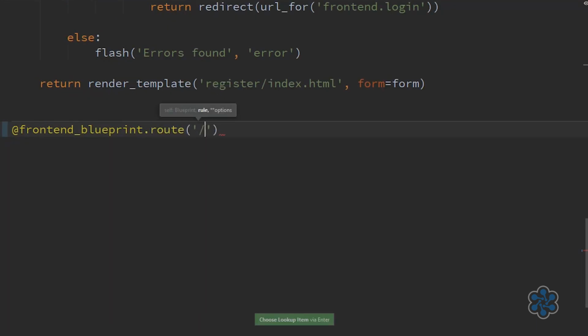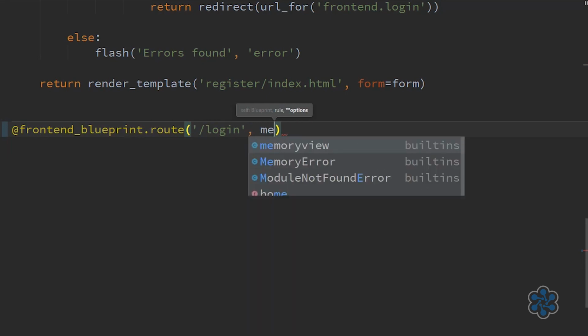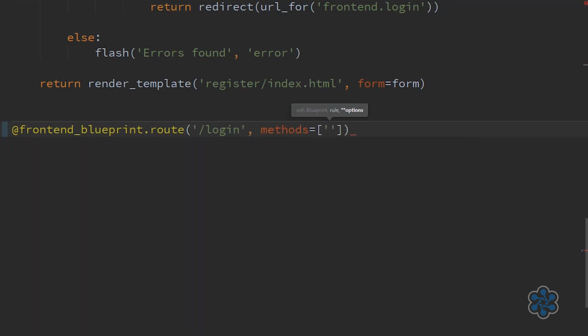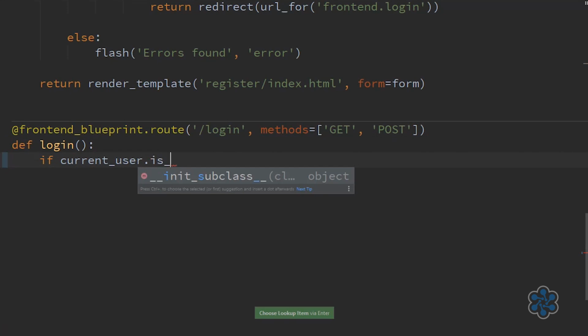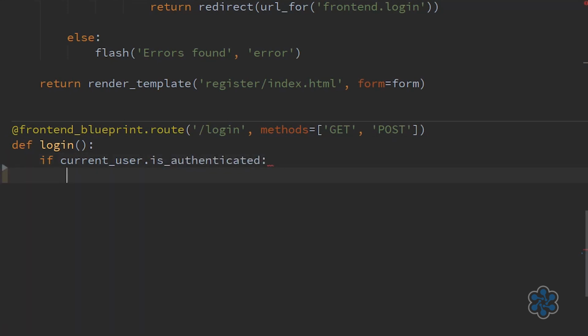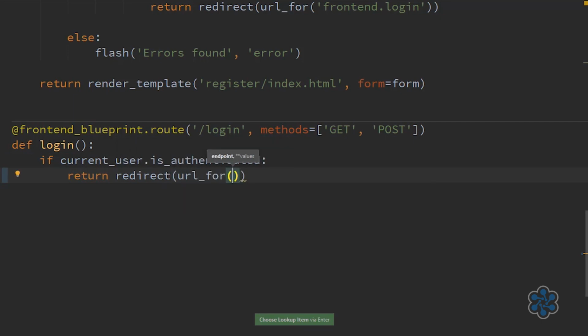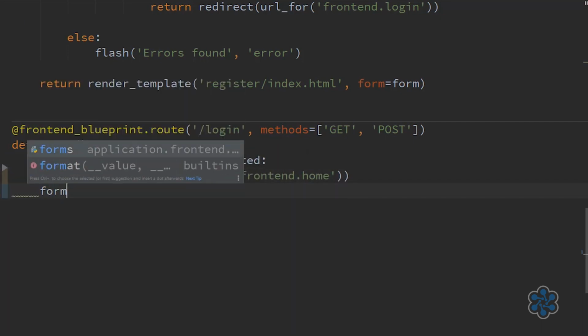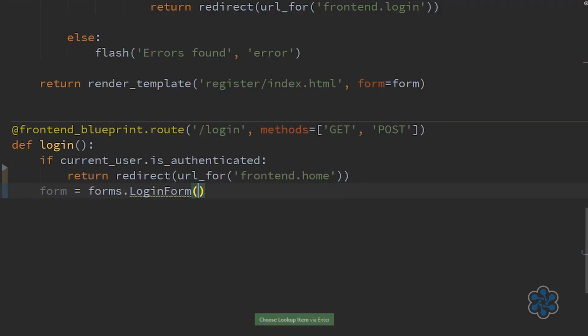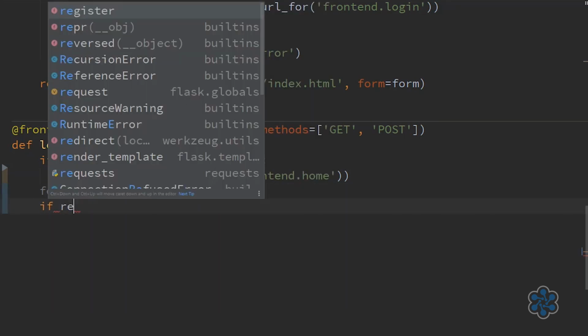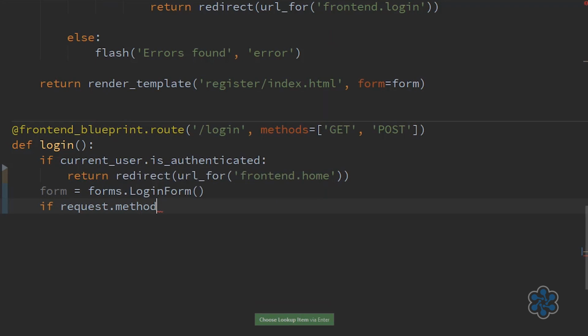For login, add a route login with GET and POST methods. Start the login method. Check if the user is already authenticated, then redirect the user to the home page, as there is no need to log in. Create a form object from LoginForm. If the request method is POST